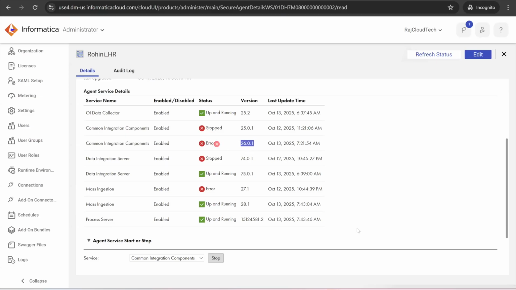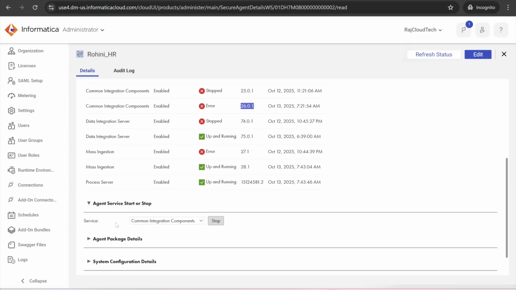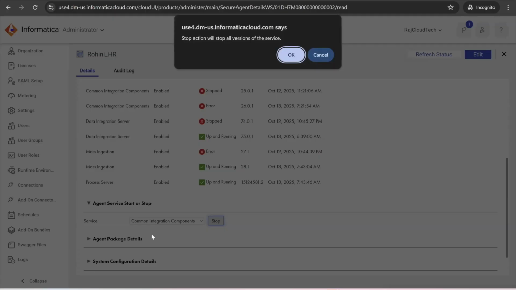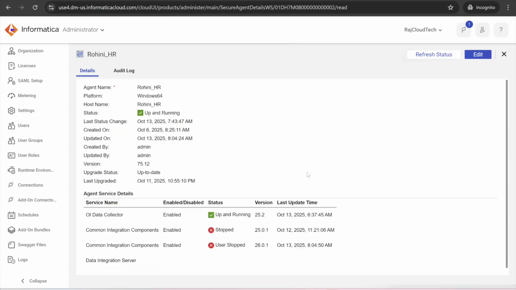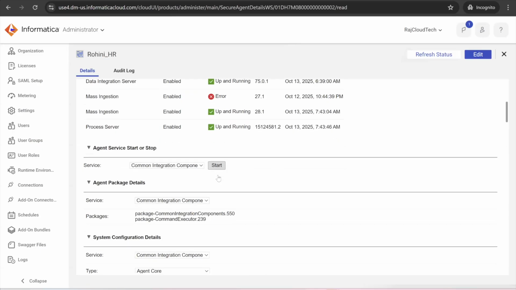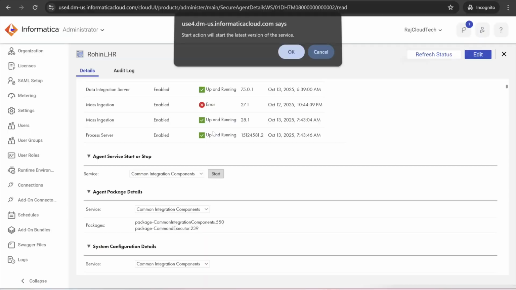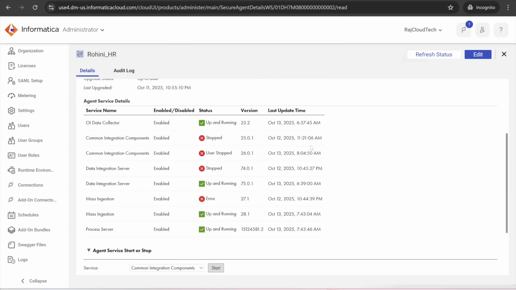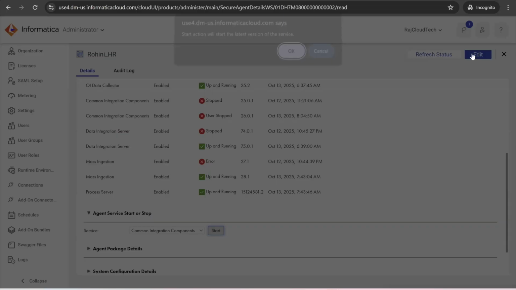This one got an error. So what to do? In the downside service, common integration components, stop this and then start again. Once you stop, now again start. So the latest will be up and running.